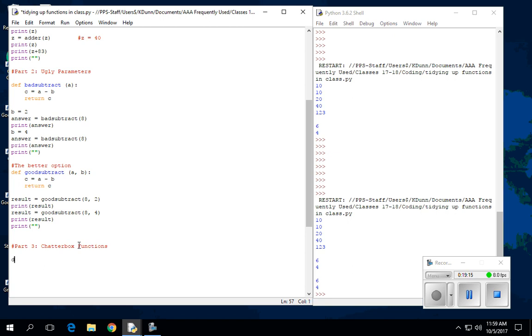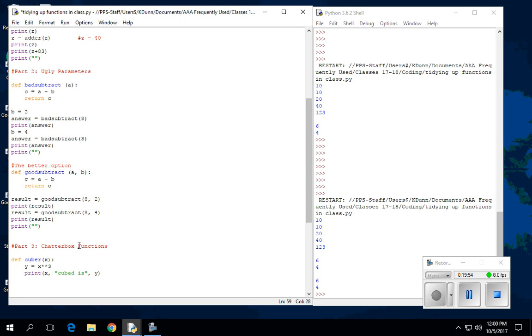So I'm going to define one here for you. We're going to call this one the cuber. Okay, and I'm going to give it variable x or parameter x. Okay, and what the cuber is going to do is take any number I put in there for x and it's going to cube it. So we're going to say x star star or asterisk asterisk 3. Okay, and I'm going to make the chatterbox variety here. So what I'm going to do is I'm going to say print x, okay, comma, quotations, cubed in quotes, comma, y,